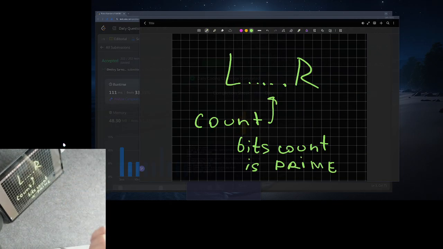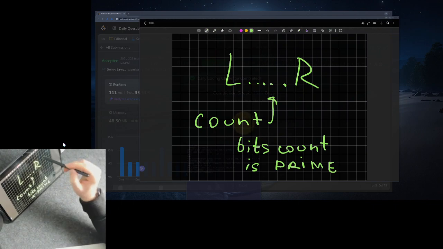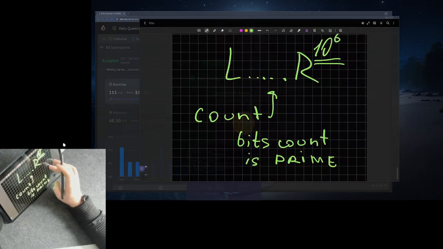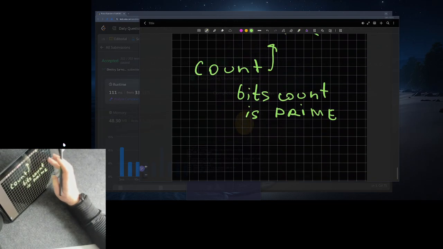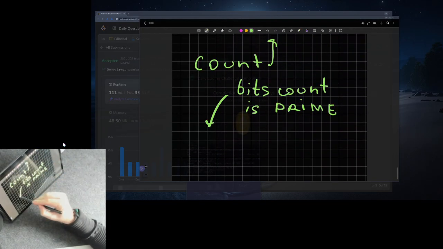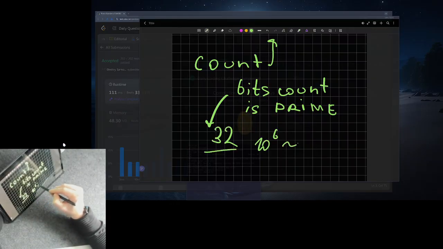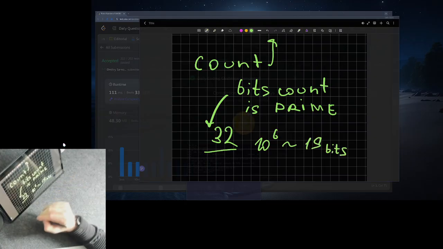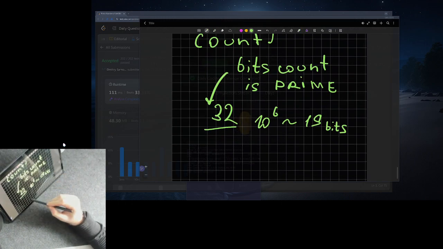So the solution is not very hard, because the numbers are at most 10 to the power of 6, we can brute force it. To check whether the bit count is prime, we know that the bit count is at most 32, and 10 to the power of 6 is 19 bits. So just check the numbers